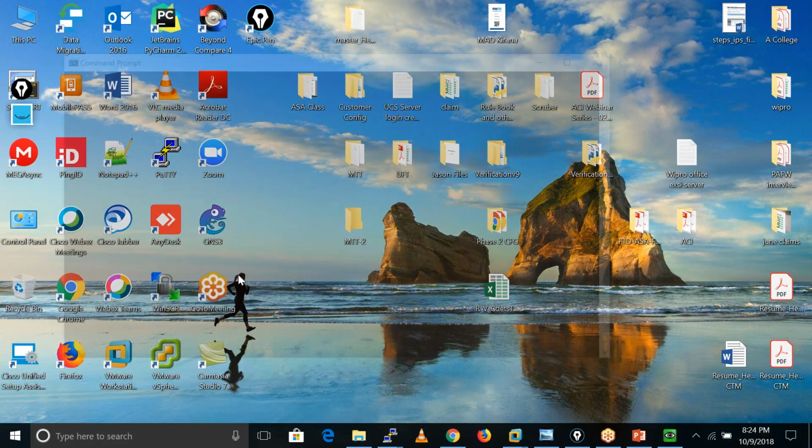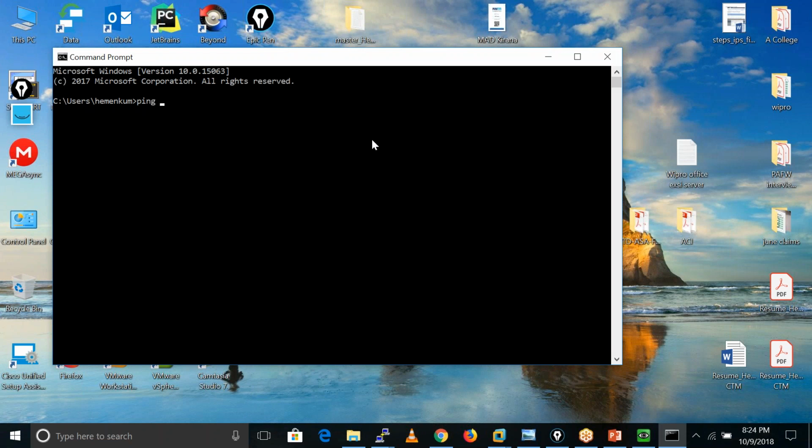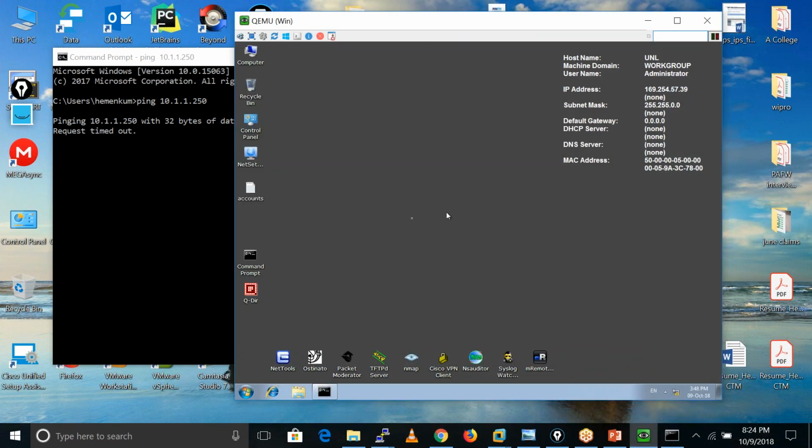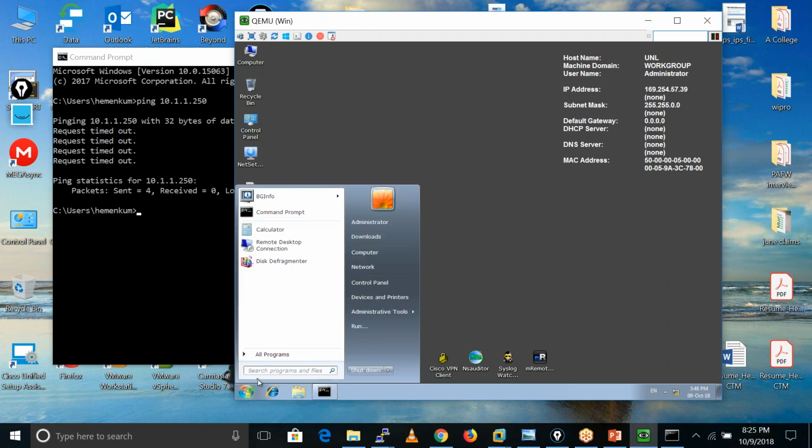If I ping this firewall, 10.1.1.250, definitely I get access. Ping is not working. I don't have PuTTY on this system.